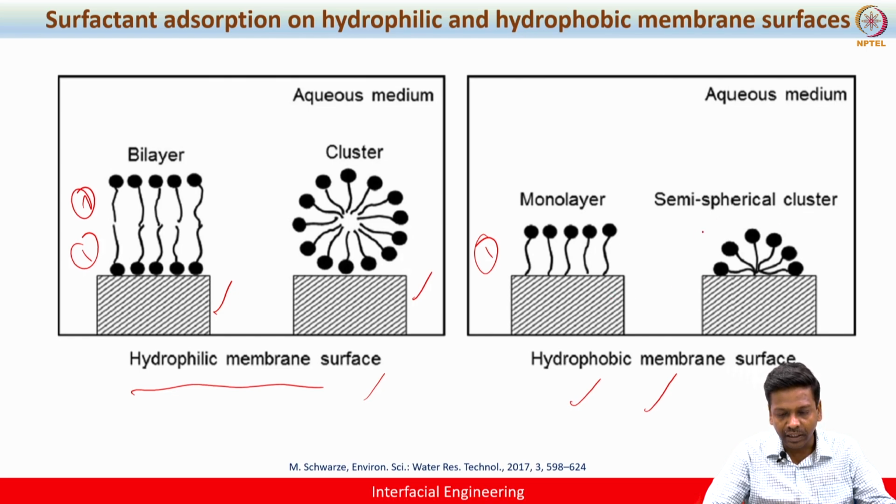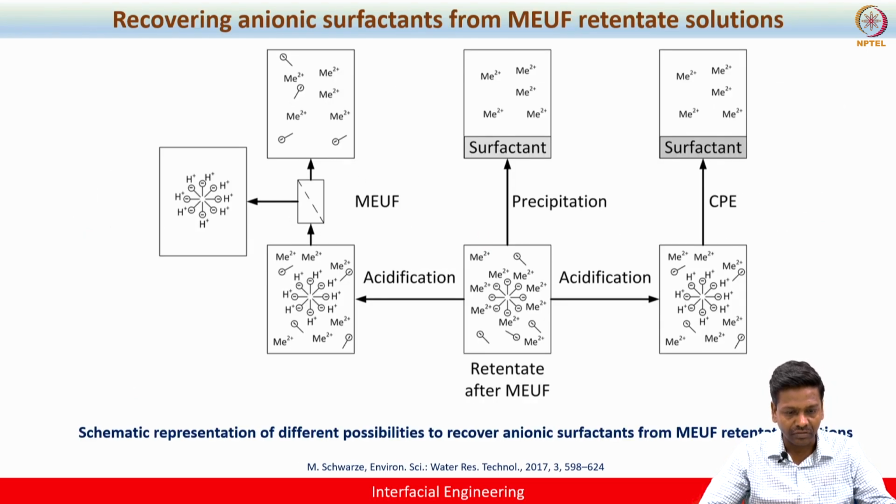And the other way could be semi-spherical clusters. As soon as the surfactants self-assemble to form micelles, even before the complete process of micelle formation takes place, because these tail groups are hydrophobic in nature, they can get attracted to the membrane surface. So in this way also you can expect hindrance to happen. Via these mechanisms, the membrane surface gets clogged from time to time. So these are things that we should understand before we deal with the treatment process, right?